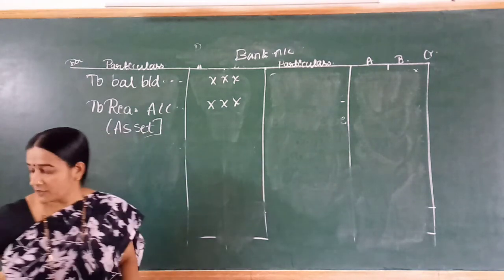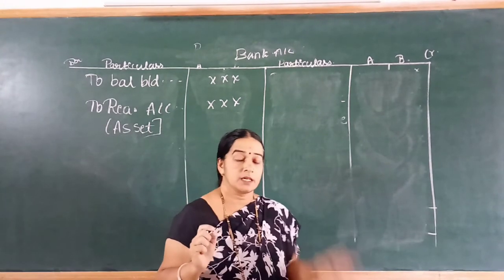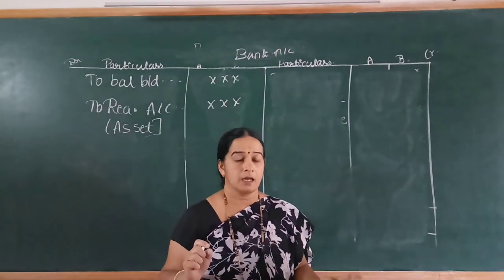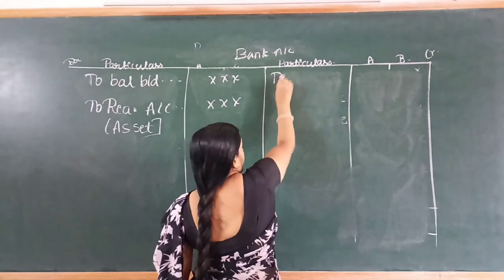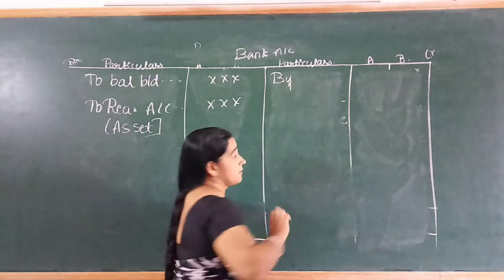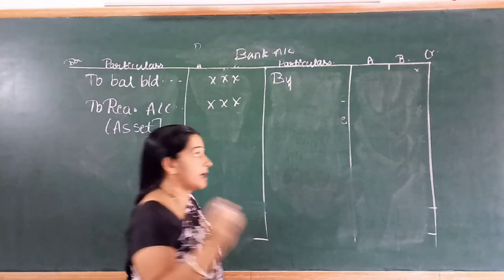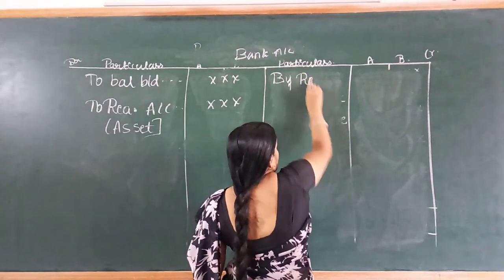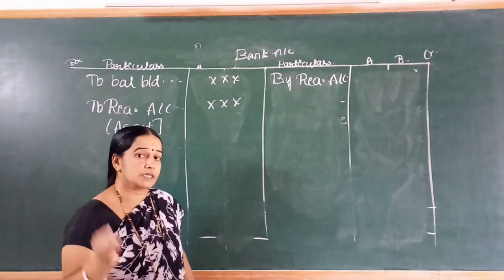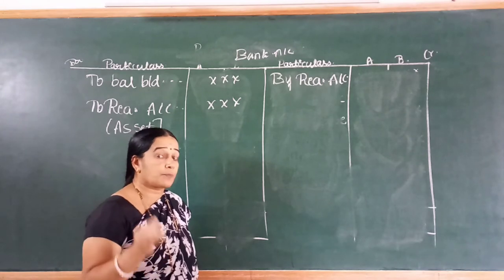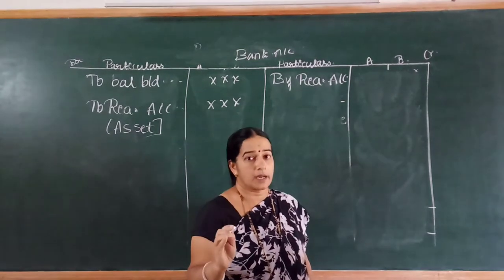So next step, first we have to pay the outside liabilities. Outside liabilities means it may be creditors, bills payable, bank loan, etc. Now whatever amount is received by the realized value of the asset, with that amount first we have to pay the liabilities, that is, the outside liabilities. What is the entry for that? That is by realization account. Now in the realization account, what is the entry we have passed? That is for paying the liabilities, that is, realization account debit to bank account.